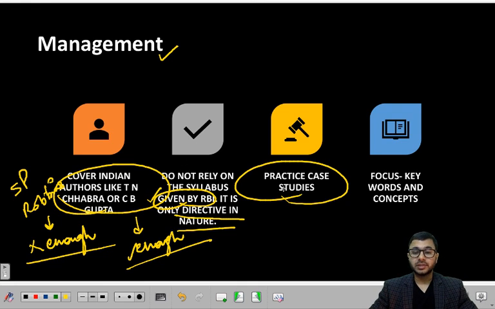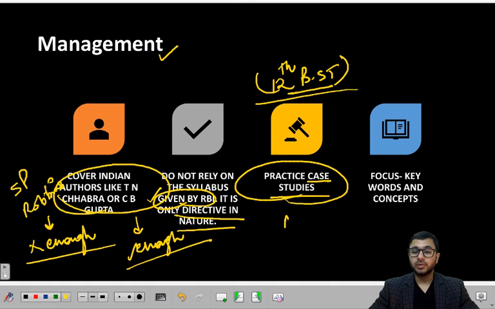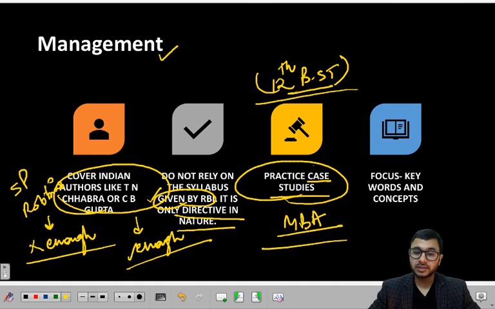Practice a lot of case studies, as many case studies as you can. In the 12th business studies BST book also you will find case studies. You can go to coachings which provide coaching for 12th and pick up their material. You can just ask them to give you some case studies. Those case studies will be good. In MBA colleges also, if you have any friends who've done MBA or are doing MBA, you can ask for case studies from them and practice small case studies as much as possible.